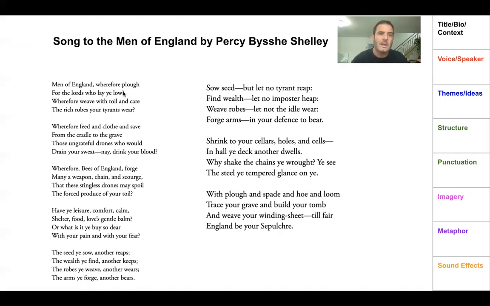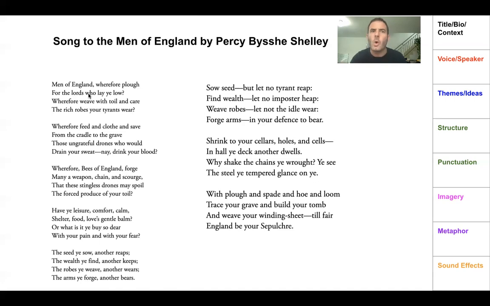And we can see references here to the landowners and the factory owners, with references to the plows and then the forgers. So if you think about the communist symbol, which is on the Chinese flag, you have the sickle, which represents the farmers, and the hammer, which represents the workers. Now, we've covered this in some detail before, but I think the voice and speaker is a rallying call, a cry to those people to stand up, to gain control, to retake control. And he points out, using a lot of rhetorical flourishes, the kind of injustices that these people have to endure.